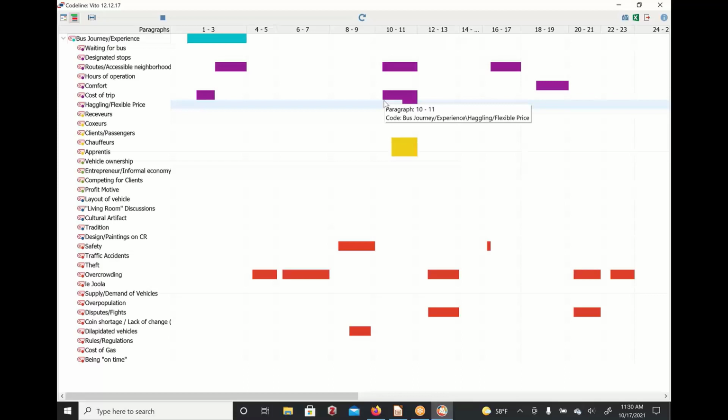So what can we do with this screen here? The first thing that we can do is follow a code to see where it appears and what appears next to it. So for example, we have here overcrowding on this line. This was talking about how the buses are often overcrowded, completely filled to the brim with people. So I can follow this throughout the interview and see what other topics are coming up alongside of or near